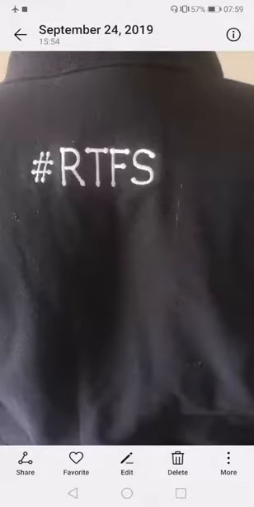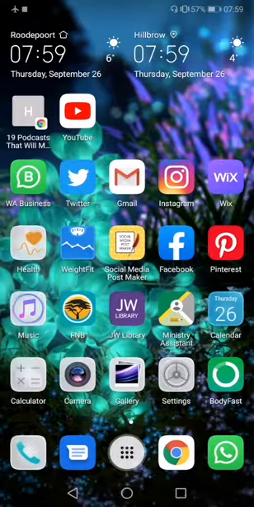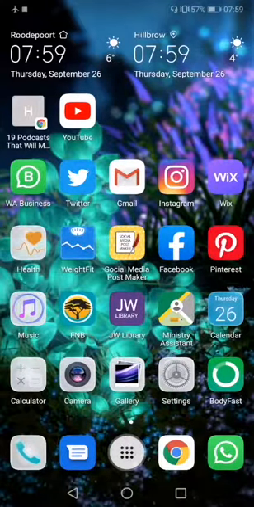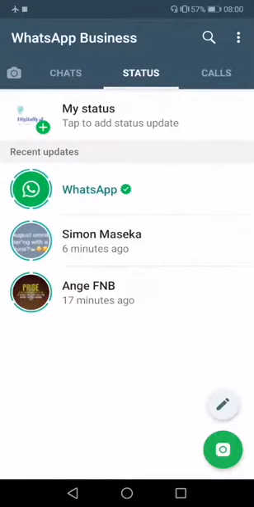So today, my favorite thing that I would like to talk about is the WhatsApp for Business. The icon looks like that, and it is WhatsApp for Business, so it's different to your normal WhatsApp. And the reason why it's my favorite thing, if you're trying to open a business and you're running a business, you don't want to combine your personal things with your business things. When you download the WhatsApp for Business app, the actual settings of the WhatsApp for Business, when people contact you for information, then it says it's a WhatsApp for Business. Then people know that you're running a business. So it's my absolute favorite thing when you're running a business.